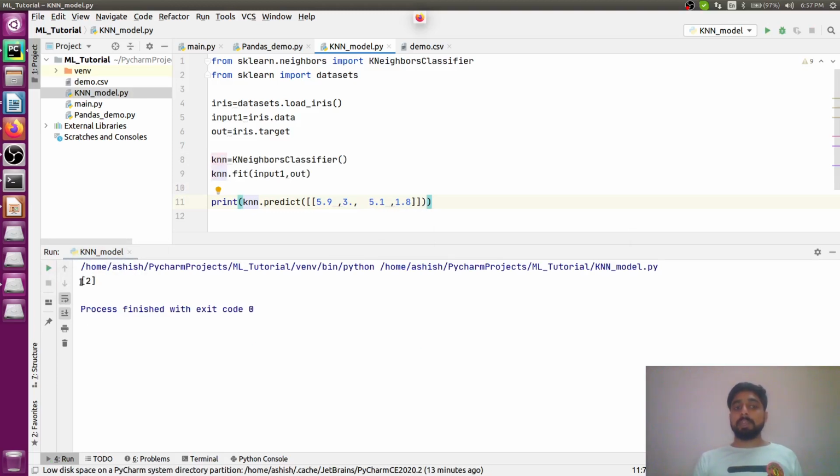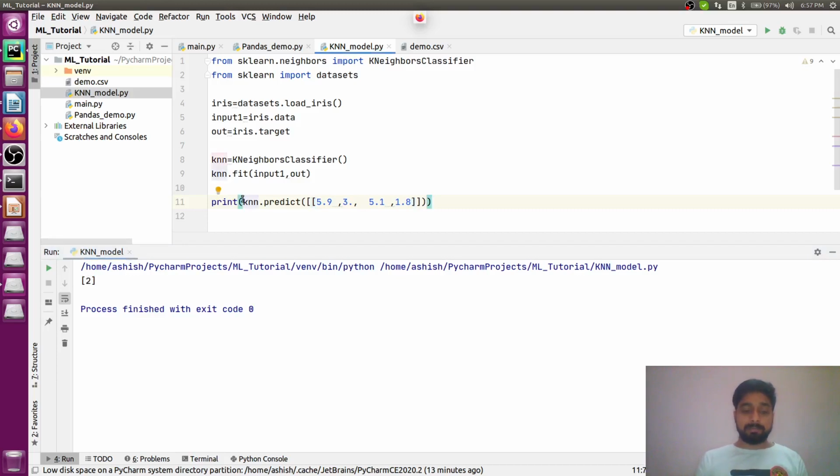So you can see you have got the output as 2, and as we have already seen in the dataset, the input data that I have provided was belonging to the last category, which was the third one, which will be counted as 2, just because the numbering starts from 0. So what does this 2 mean? Let me just write this part in another way.